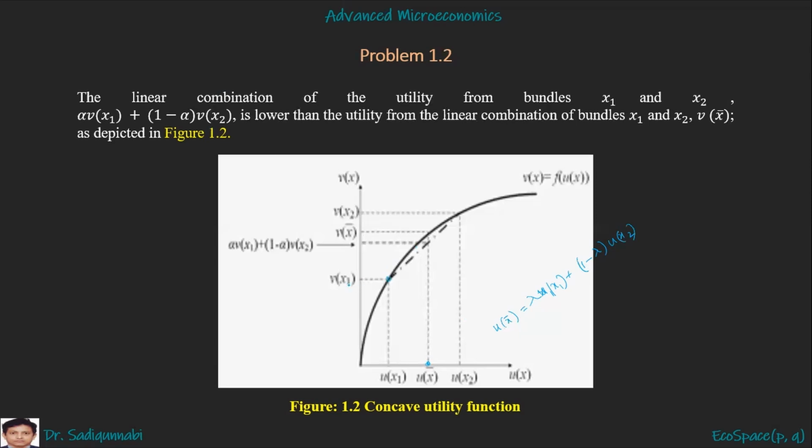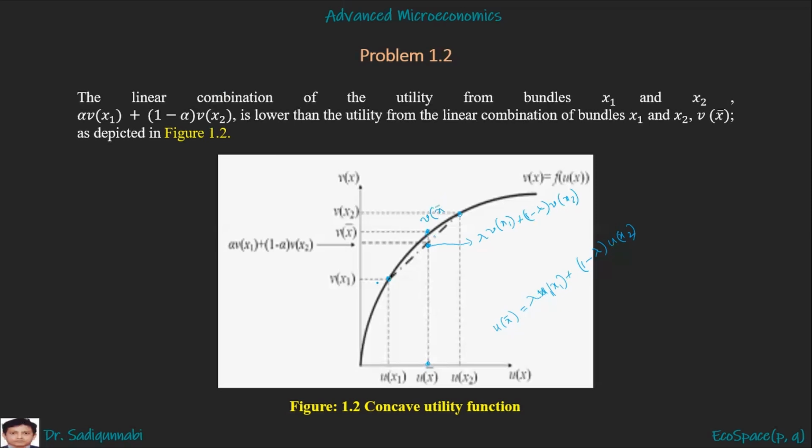This point is vx1 and this point is vx2. So this point is, suppose it is a lambda. Here in the picture it is used alpha, but it's no problem, we can use lambda also. So lambda vx1 plus 1 minus lambda vx2. So this is the point, and this point should be less. If this point is less than this point is